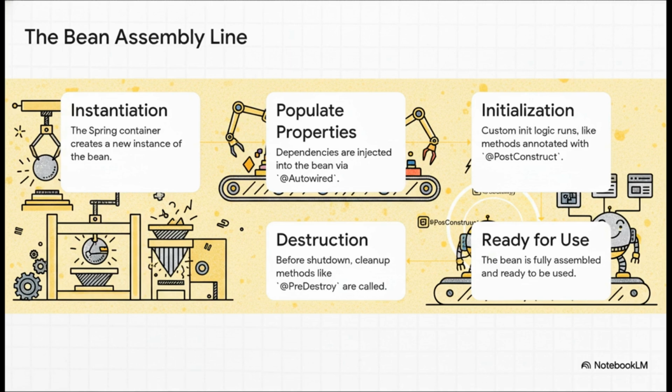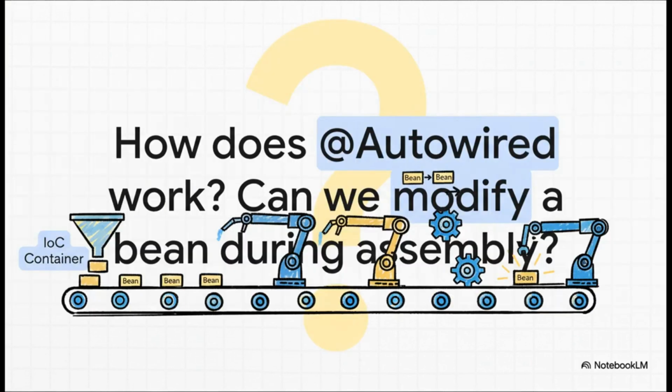And only after all of that is the bean considered ready for use. And of course, at the very end of the application's life, there's a final destruction phase for any cleanup. But this brings up some really interesting questions, doesn't it? I mean, how does that populate properties step with @Autowired really work? Is it magic? And what if you, the developer, want to step in and modify the bean while it's being